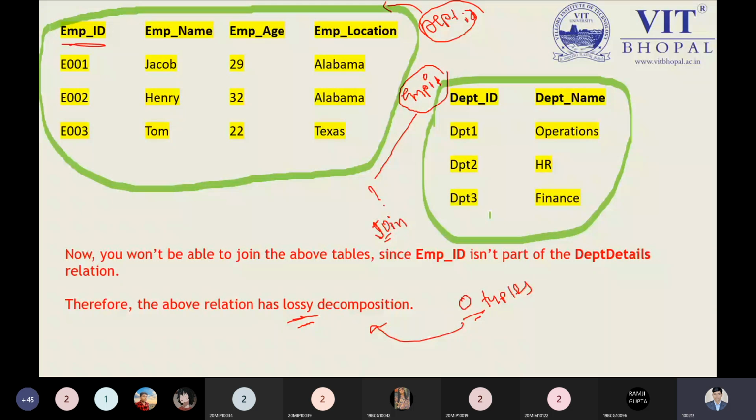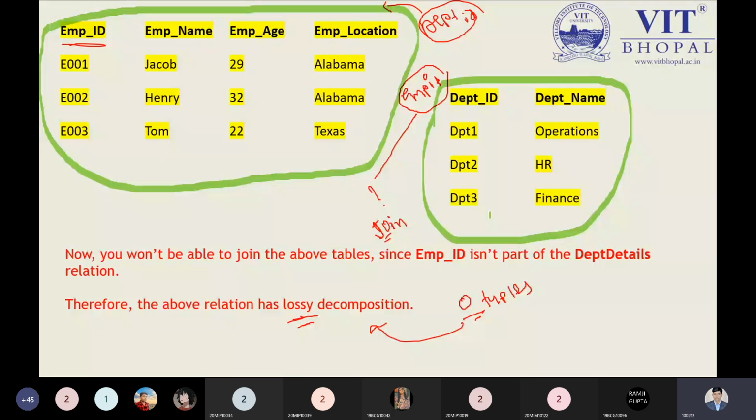In the morning, you saw in the tutorial session the full output. If I'm applying the full outer join, duplicacy of the data we have. So if I'm not having any common attributes, please keep in mind, definitely the number of tuples in the new relation cannot be equal to our original relation. It can have 3 into 3, so 9 tuples. That is the point. We can have 9 tuples, but we have only 3 tuples. So that is a big problem.